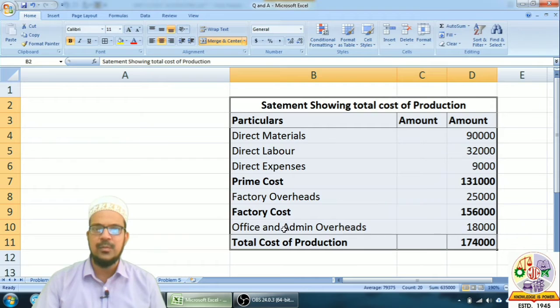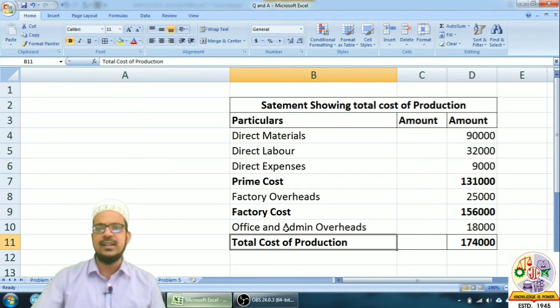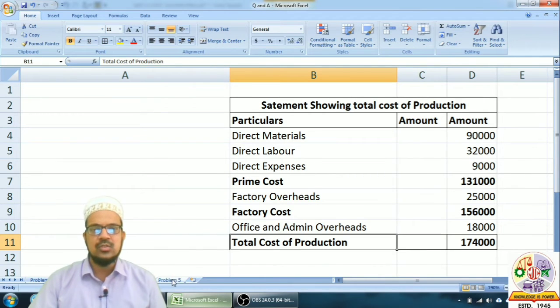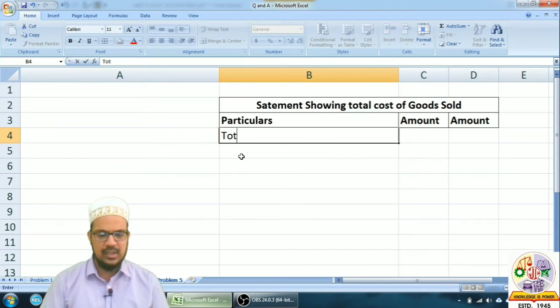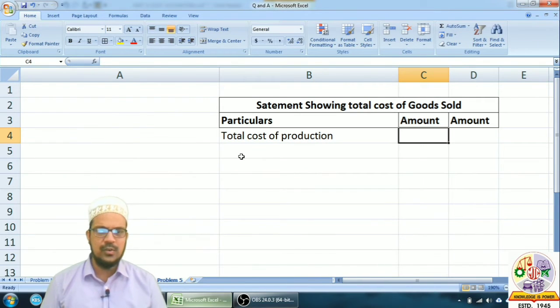See, in problem number 4 we calculated total cost of production. It is what? Prime cost plus factory cost plus office and administration overheads. So the total cost of production is already given here. We will write that total cost of production. Okay, what is the total cost of production amount? It's 1,22,000,